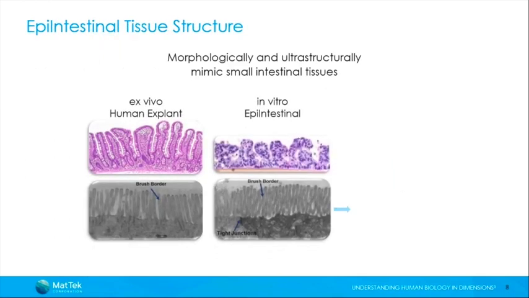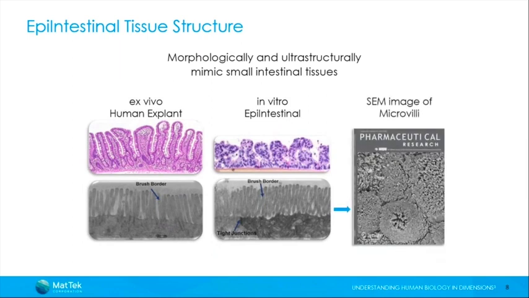Then we did a lot of characterization to make sure that these tissues are representative of the organs that we have in vivo. So here is the explant tissue with a villi-like structure, and here is the EpiIntestinal tissue that we grow at MatTek Corporation. And these villi-like structures have microvilli on the surface, and when the microvilli cover the epithelial layer, they form a structure known as brush border. That brush border formation by the explant tissue is shown by electron microscopic imaging. You can see the brush border formation here